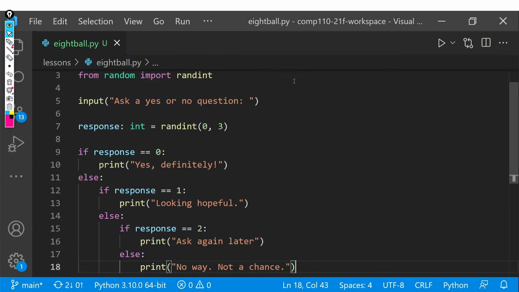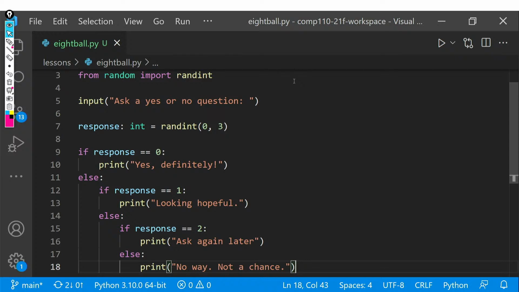We could go look up the documentation for it. That's the beauty of abstraction. We can use somebody else's abstraction to implement this functionality. We just know this is going to give us a random integer between 0 and 3 inclusive. And then our nested if-then-else statement ensures that we only print one of these possible options, depending on what that value is. And as soon as we know that it was, say, 0, we're not going to waste the computer's time checking anything else. We're going to skip past those nested else blocks.